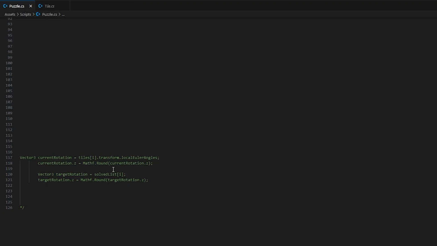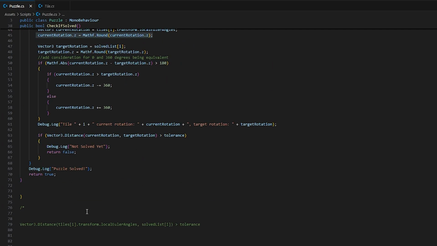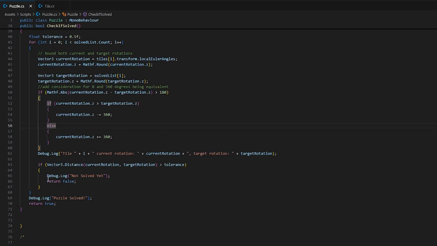you always want to round your rotations. So for example, you can see here I'm rounding my current rotations. It's probably unnecessary to round the target rotation, but it's still there. And yeah, you just round it, and then you can perform your comparisons a lot better. So here, once it's rounded, I am measuring the distance once again, and you're able to get